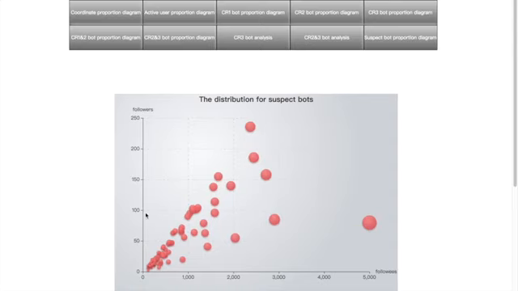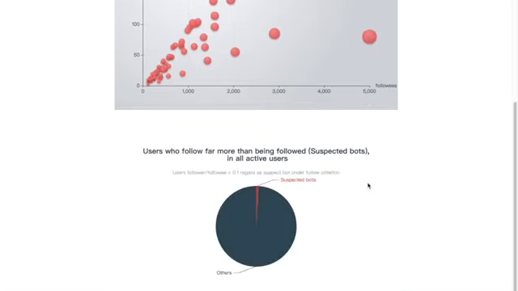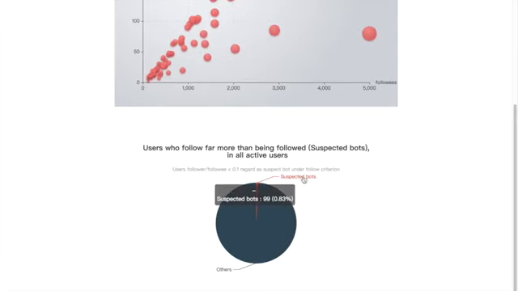In the second criterion, follow, diagrams and charts are similar to the first criterion. However, we could find that suspect bots have lower followers. The user Kim should be considered the key suspect bot, as it has too many followees and only 100 followers, which is abnormal. Similarly, under this criterion, we caught 99 suspect bots from the active user group, nearly 1%